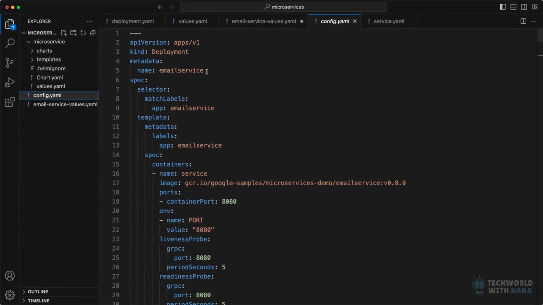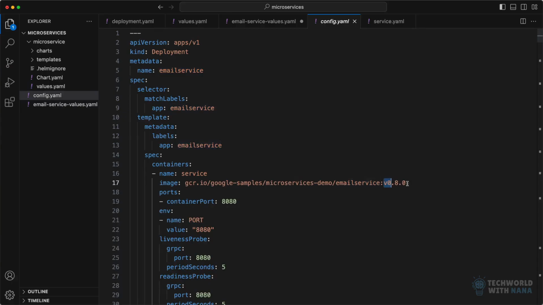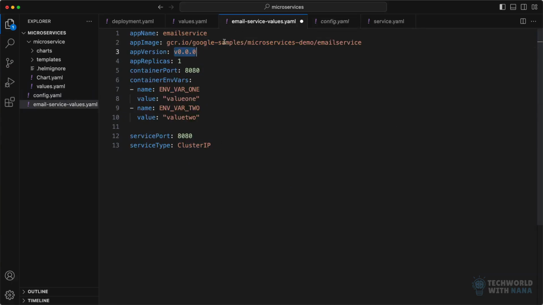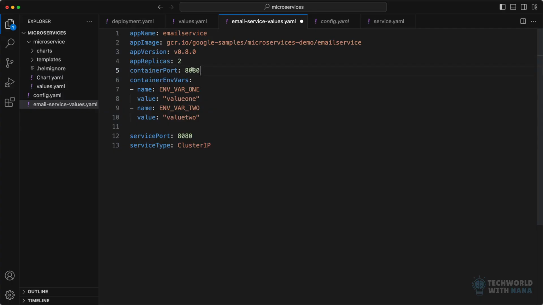So let's take the app and substitute it here. Then we have the version, replica count 2. The container port is the same. We can actually leave it out because it's already defined in the default value, or just for transparency and visibility, we can leave it